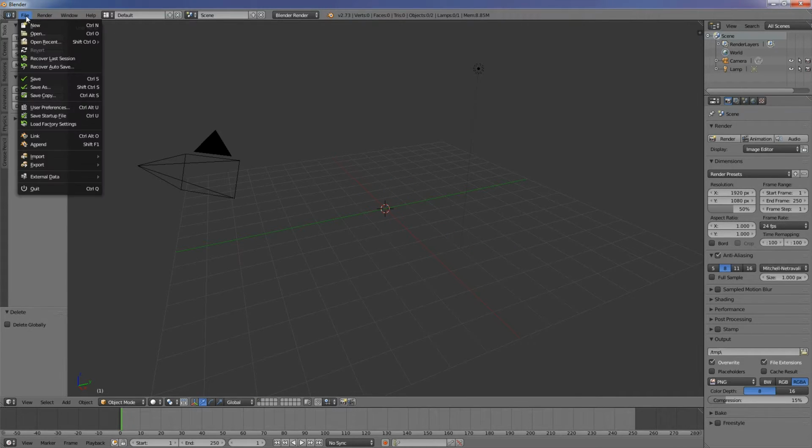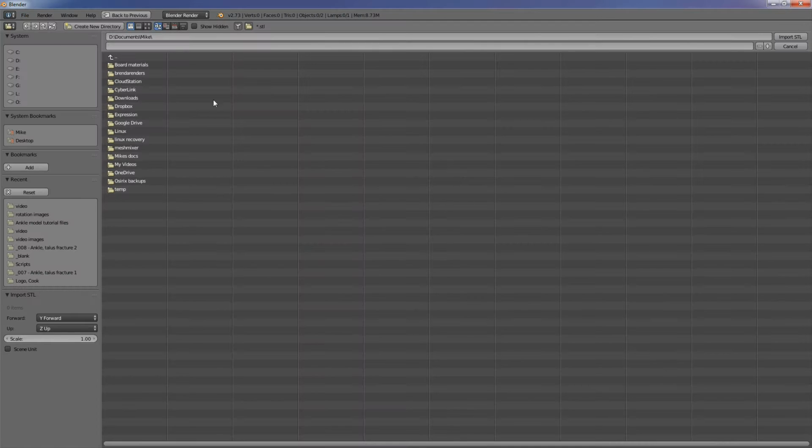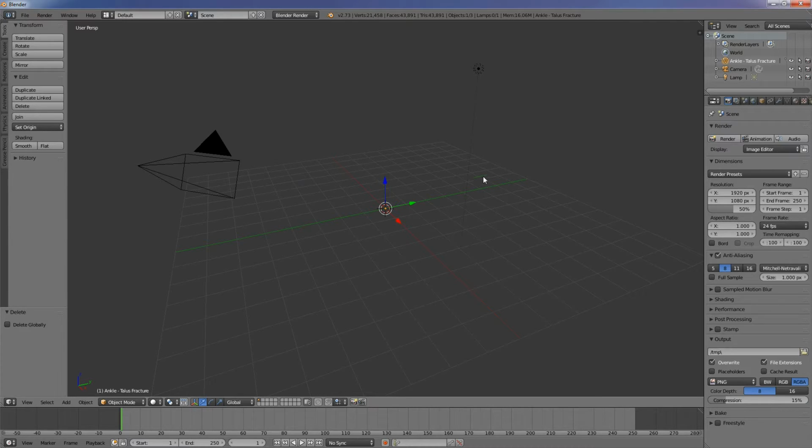Go to File, Import, STL, and go to the folder that has the STL file that you want. In this case, it'll be the same folder as the file pack that accompanies this video, and select ankle talus fracture.stl. The first thing you'll notice is that you don't see anything. Up here in the upper right, we can see that the ankle talus fracture object is in our scene, but